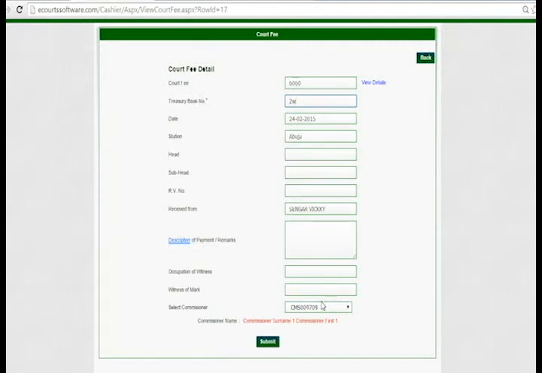And from here, from cashier panel, the case will move to commissioner panel. All right, so when the case will move from cashier to commissioner panel, you need to give the name, you need to give commissioner ID, commissioner registration ID.